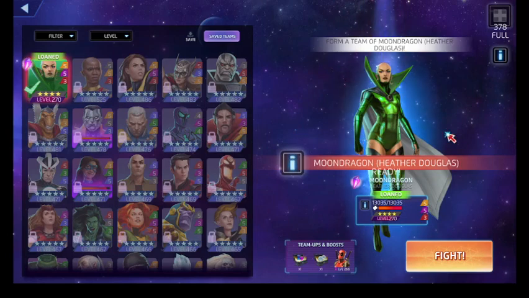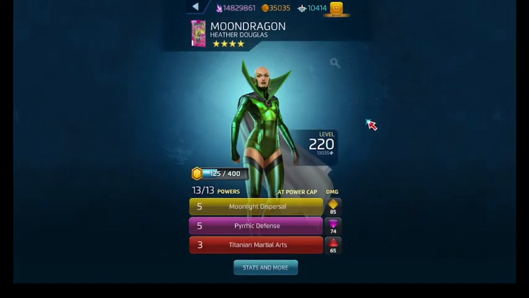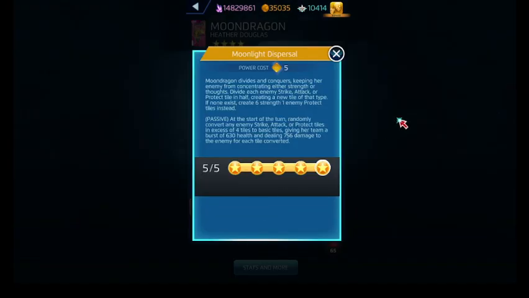All right, Moondragon. If developers really wanted to, I would have loved to have seen Moondragon with some of her more revealing outfits, to say the least. Alright, so she's purple, red, and yellow. At least she shares two colors with her father, red and purple. But